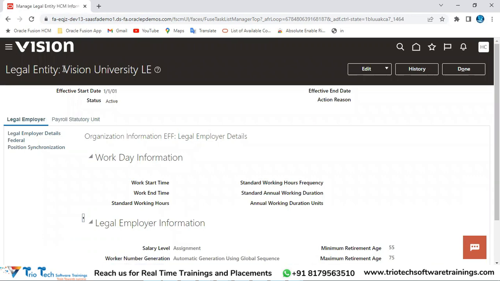Now my client is telling me, Kumar, for my legal entity, Vision University LE, I don't want position synchronization happening in the system. Whenever my HR is hiring an employee in this legal employer, position synchronization should not work. It means when I give the position at the assignment level, the respective attributes should not update from the position. My HR will give job, location, grade, department, all these things manually. So how, team? Come to legal entity HCM information, go to edit, correct, and, team, in the legal employer section,